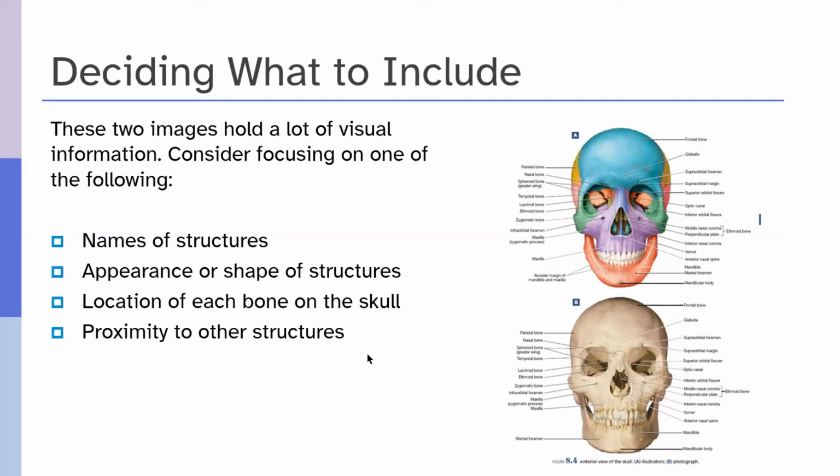And like Hugh was talking about with the quadrant or sector approach, you could divide the skull from top to bottom and describe the top of the skull features and how they're shaped, that sort of thing. So when you are describing these images, think about your context and think about what you want the individual or student to learn and retain in terms of visual information. Next slide, please.